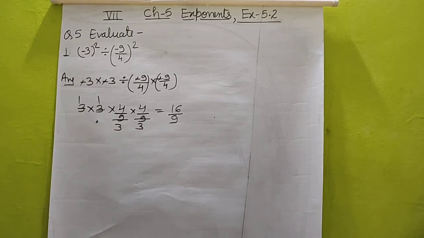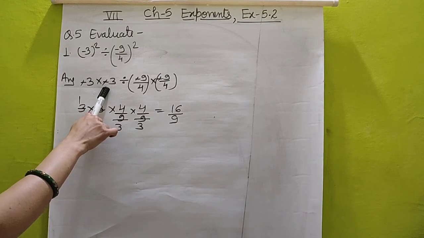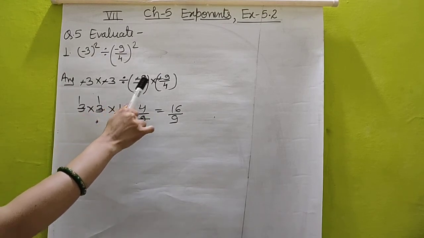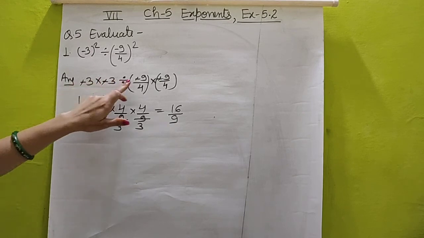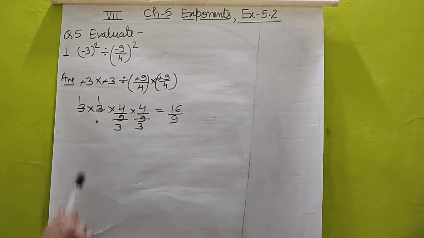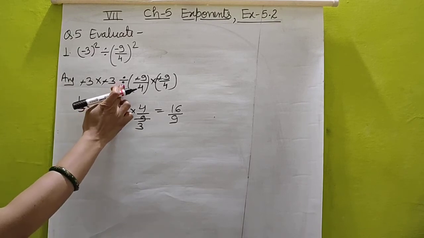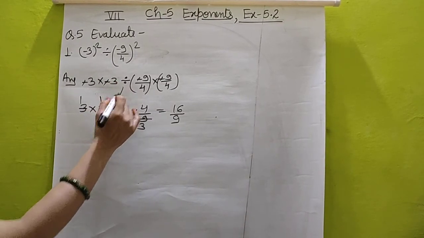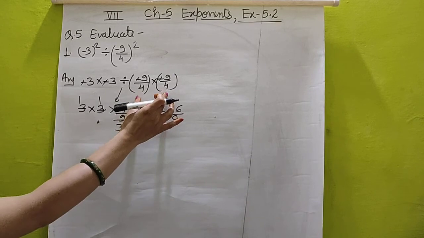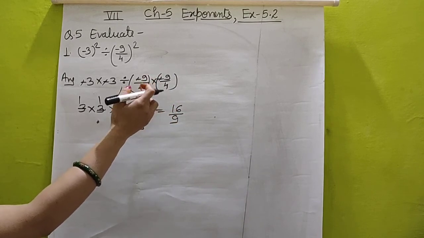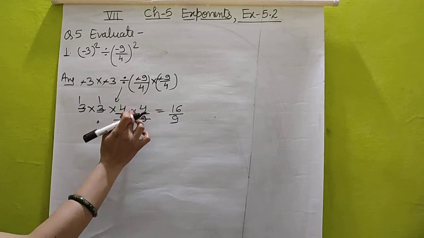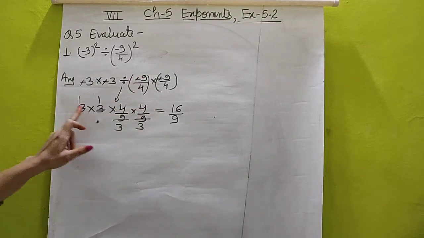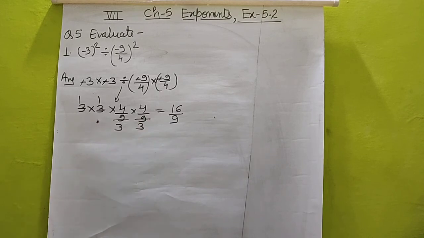What I did, again I am explaining. First -3 multiplied by -3, divided by -9/4, multiplied by -9/4. First I have cut the minus with the minus, here also the minus with the minus. Then the same 3 multiplied by 3, and in place of division I have put a multiplication sign. Then on the right-hand side I have just taken the reciprocal. 9/4 will be 4/9, multiplied by 4/9. Then I have used the cutting method and now my answer will be 16/9.